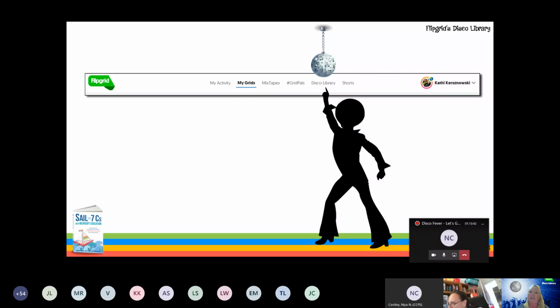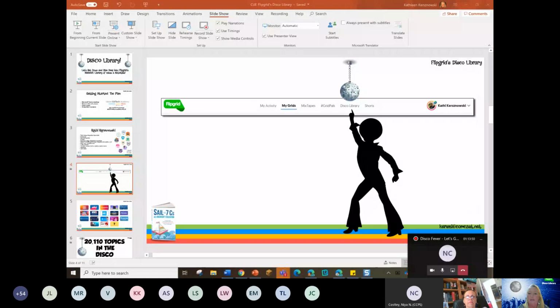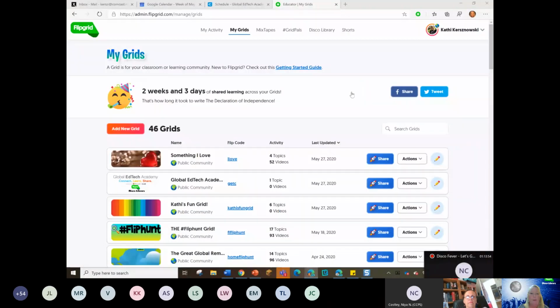So from this slide, I'm going to get out of my PowerPoint and I'm going to go into my educator dashboard so we can start a live demo. Let me move this guy down out of the way. Okay. And I'm using Edge browser because I'm very Microsofty, right? Y'all have Edge browser. So here's Edge browser, and I'm already logged into my Flipgrid dashboard. If I click on this logo up here, the Flipgrid logo in the corner, it will always take me to this home page. And you know, in Flipgrid, we have grids, right?